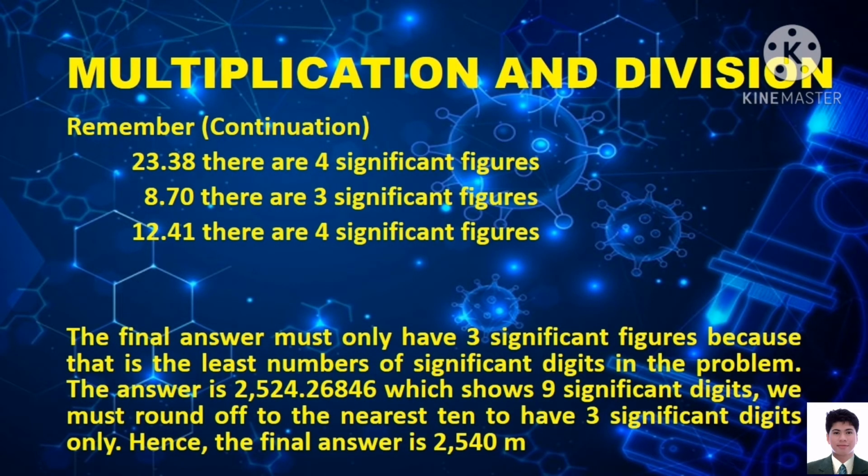Remember, 23.38, there are four significant figures, and 8.70, there are three significant figures, while 12.41, there are four significant figures. The final answer must only have three significant figures because that is the least number of significant digits in the problem. The answer is